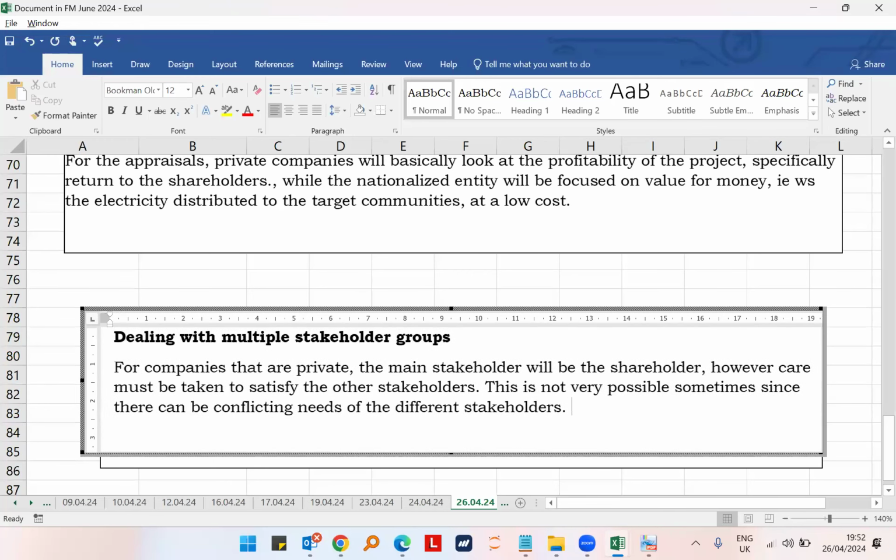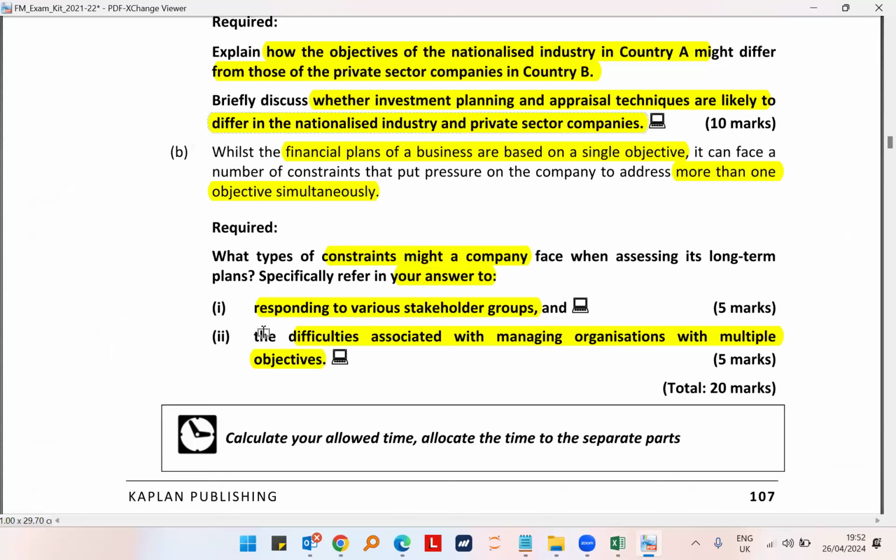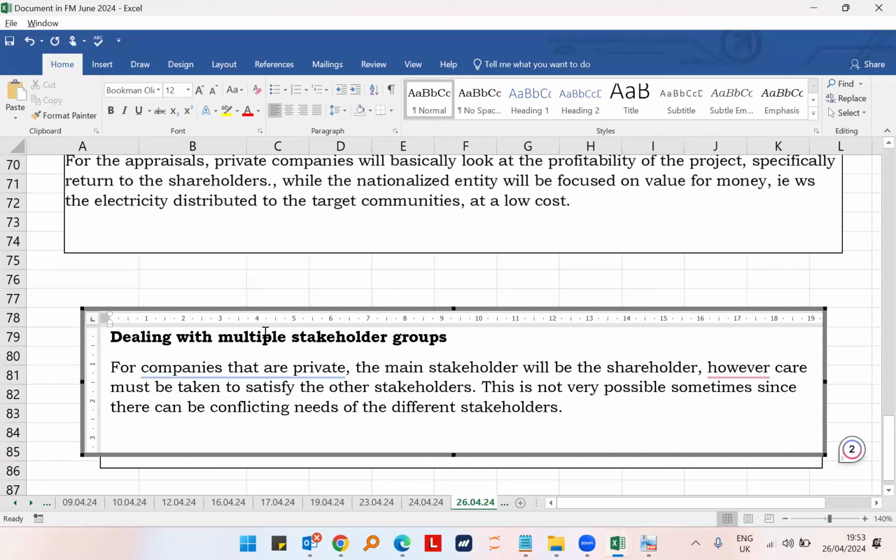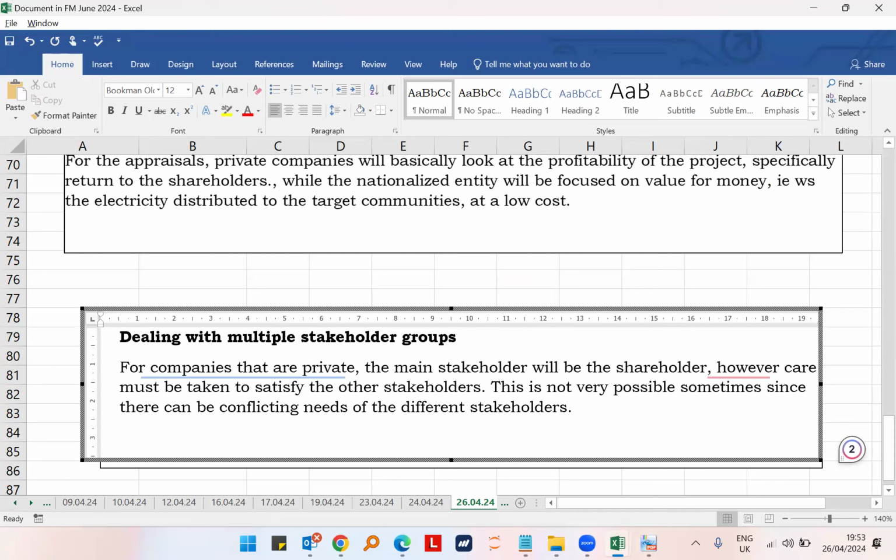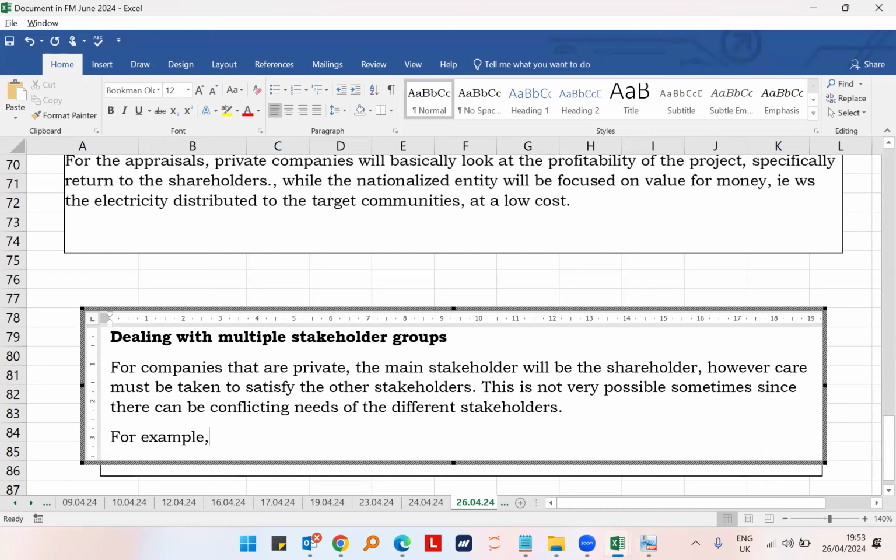Okay, so now remember, we are supposed to answer this question looking at the various stakeholder groups and how we respond to them, and the difficulties associated with managing organizations with multiple objectives. So let us focus first on the stakeholders. Now, if the needs of the stakeholders are conflicting, how does that affect us, and how do we deal with it? So for example, shareholders